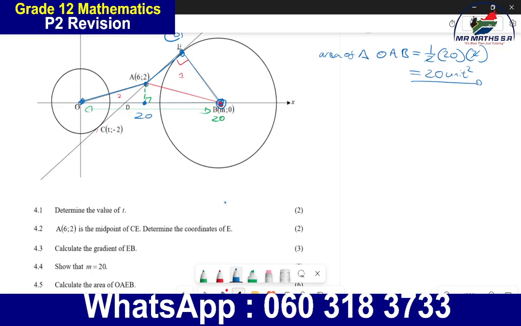Are we happy? Now the challenge will be on getting this one. Kule area kuze siyifumane sidinga le distance nale distance. Those are the two distances sidingayo. Then we calculate the area yethu so that we can have our height and our perpendicular base. Is it making sense? So we need EL, EB. So distance EB will be what?